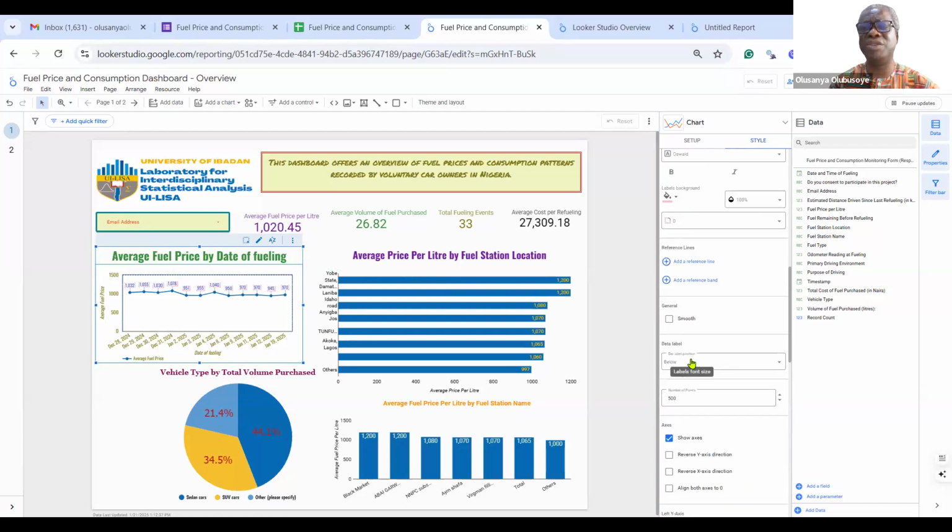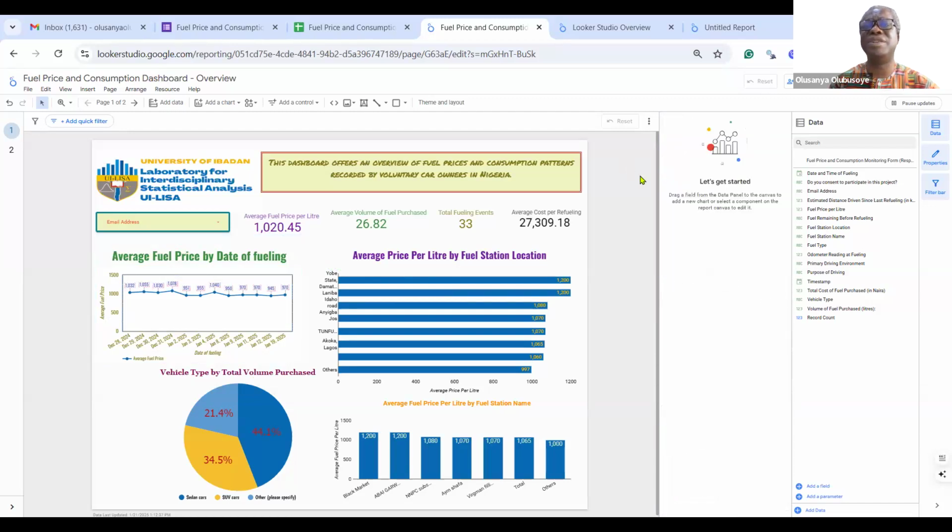So this is where you do all that stuff. So that is how to create your issuance. I'm also being mindful of the time so that we allow time for questions.